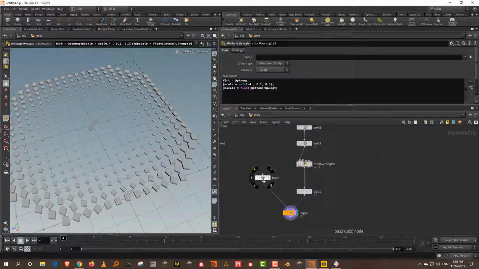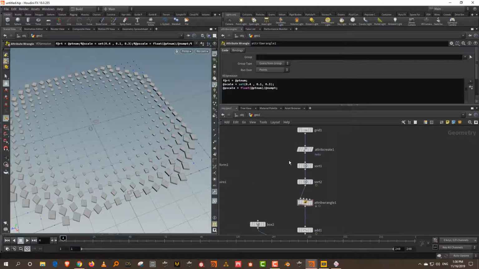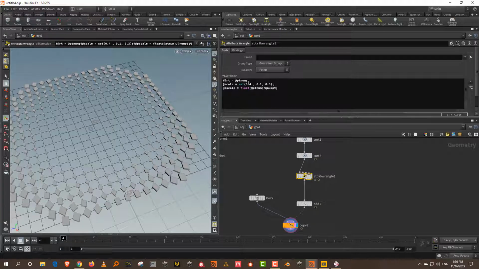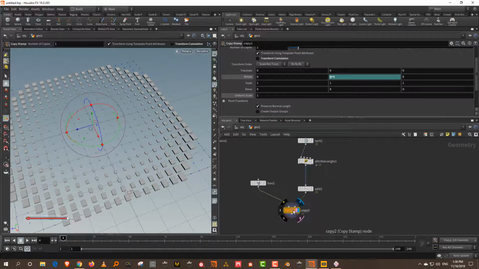So there is one more attribute that gets used a fair bit, which is primarily for rotation. So I'm going to get rid of this. Let me get rid of the attribute create. Or actually, no, let's keep that. I'll get rid of the RT. And instead of using the copy, if you are just using the ready-made attributes, like P scale and the new one we're going to use called orient, which is for rotation, then you don't need the copy stamp.